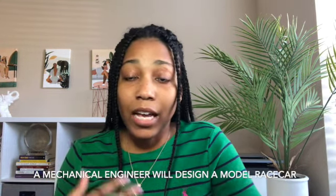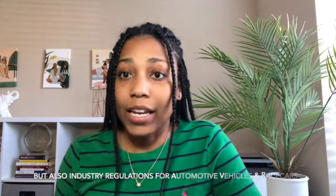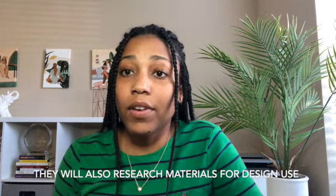So what an engineer will do is design some kind of model that meets all of these customer specifications, as well as industry and government regulations in order to stay compliant. Basically, this research could be looking into different types of material that are very lightweight but also very durable, so that it requires the least amount of maintenance for the tires, as well